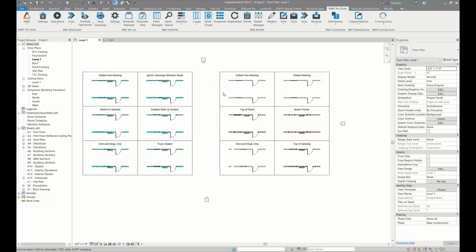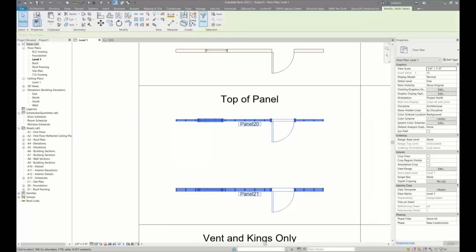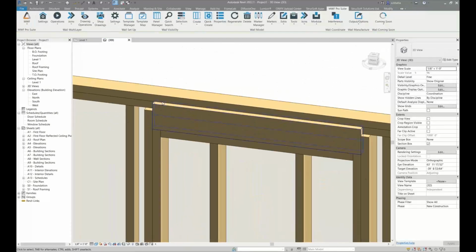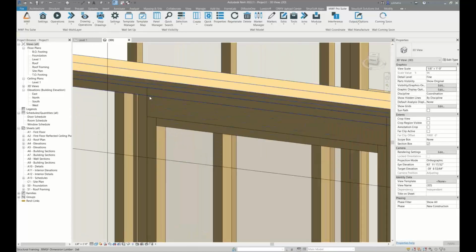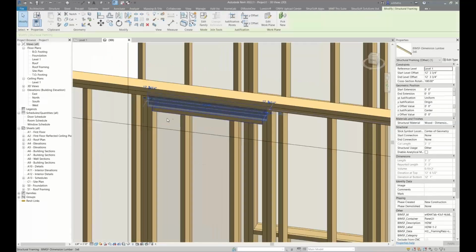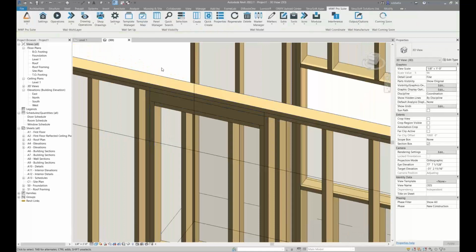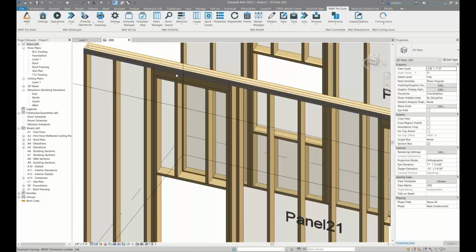When you have a double top track, it's typically for wood, is what I've seen. So if you're doing something like top of panel, let's go to 3D for this. Right now, it's just for wood, by the way. It is just for wood, yeah. So over here, you can see that it is actually going through the top track. I believe there isn't a way to just move it down, especially when you have a double top track. So I don't think there's a way to do that, but